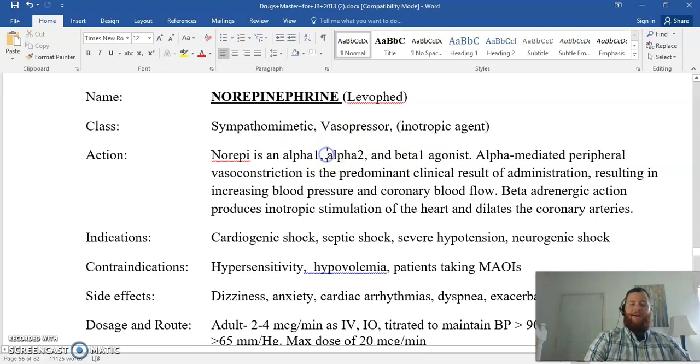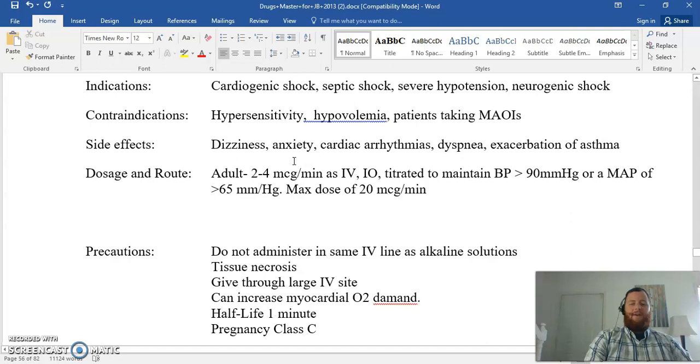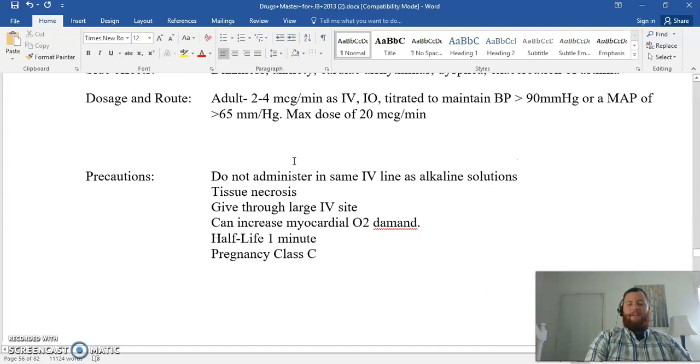This alpha 2 should not be in here, and I will make sure that's deleted before I put that on your blackboard. So alpha 1, beta 1 are the two effects, but make sure you know it's primarily an alpha 1 agonist. All right, so that's important to know,